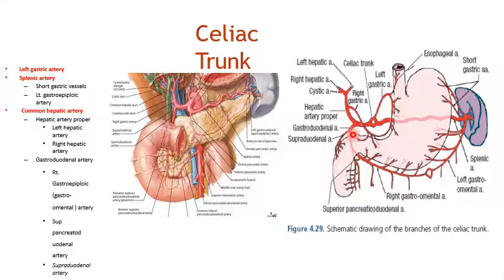Then the part of the hepatic artery which is till here, means before the origin of the gastroduodenal artery, this is known as the common hepatic artery. और gastroduodenal artery के origin के बाद जो common hepatic का जो part है, this is known as the proper hepatic artery और hepatic artery proper. इसका नाम यहाँ पर change हो जाता है. It becomes proper hepatic artery.